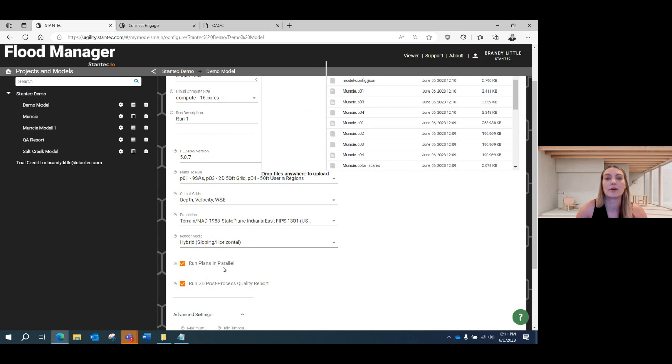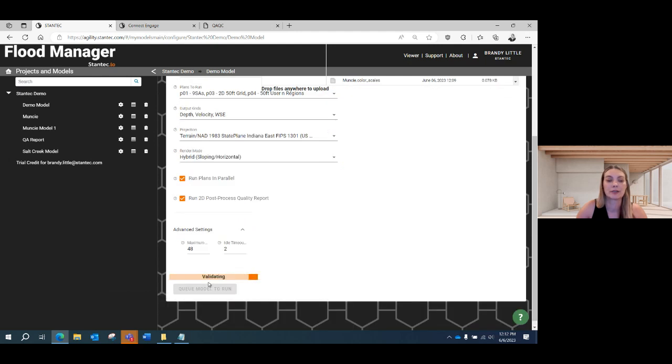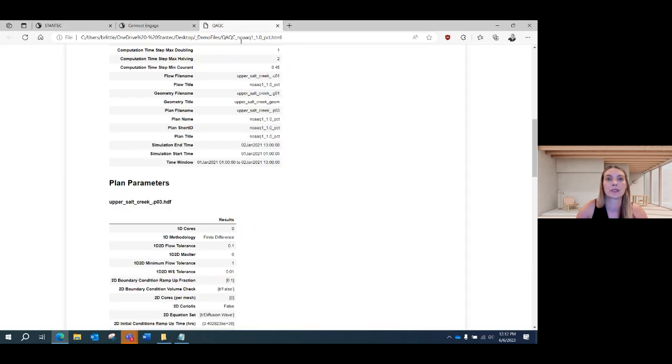Running plans in parallel, you always want to ensure this is checked because this will run these in parallel instead of sequentially, and that will really speed up your process. And then we do have the option to run a post-process quality report, and I'll show you guys. We'll queue this model off to run, and we'll take a look at one of these quality reports.